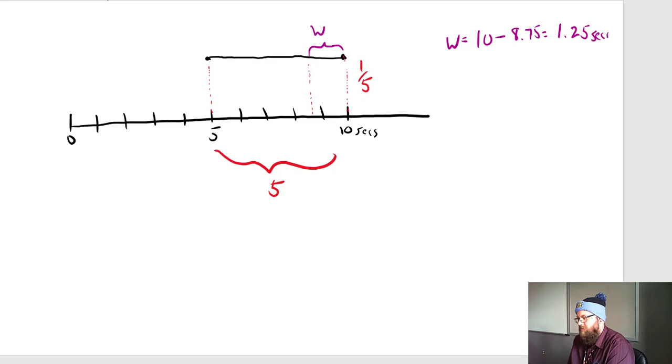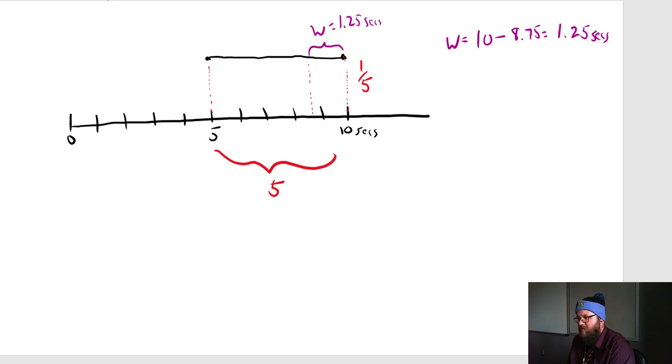Seconds. Okay? So our width is 1.25 seconds. So now I just want to know, again, what percent of the time? So what percent of the time will that actually play out? Well, if we know the width is 1.25 and our height is 1.5, can we just find the area inside there, and that would tell us the percent of the time that it would happen, the area of the time, which is the percentage of the